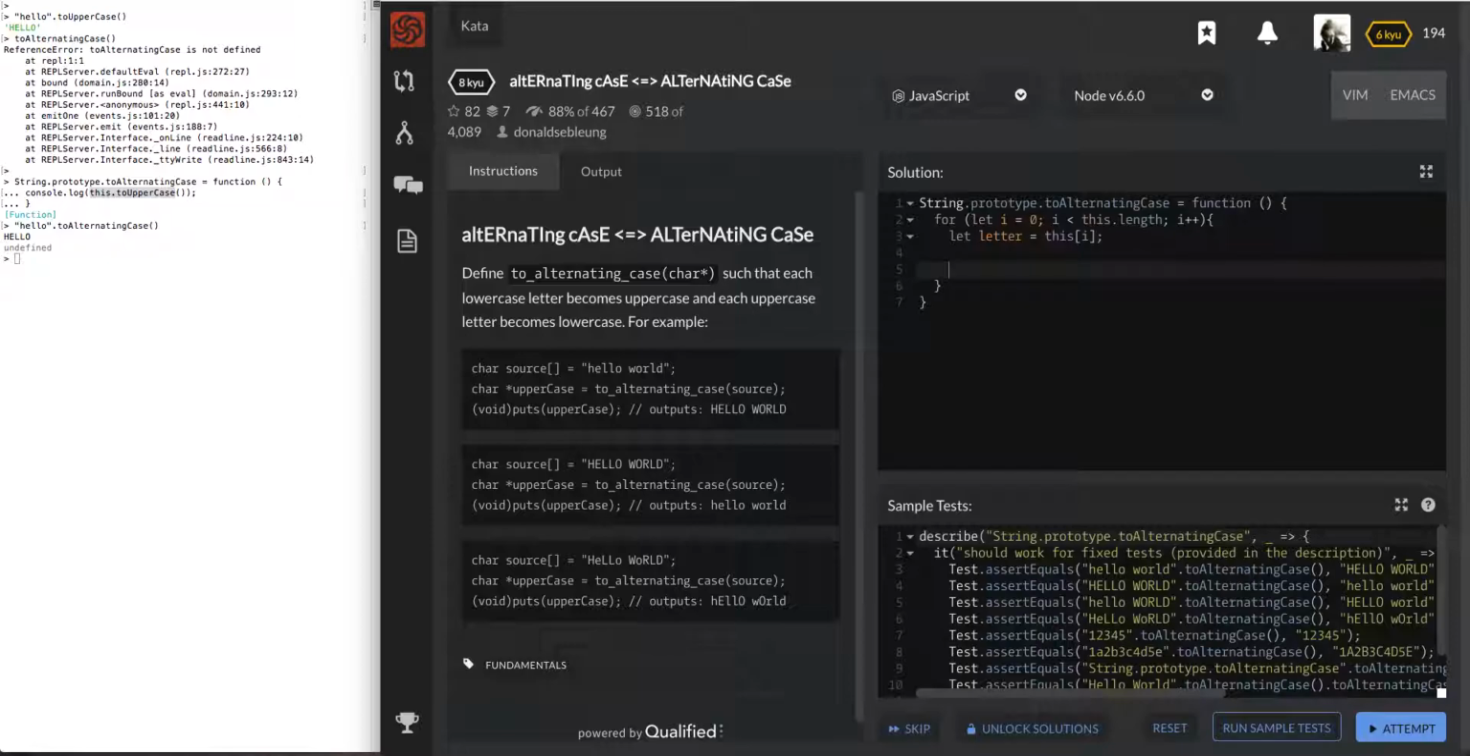If we run across a space, I know that if we do a space dot to uppercase, nothing happens. It doesn't blow up on us, so we're good. Same thing for to lowercase. So, how do we do this? We'll change the letter. So letter equals, and this is going to be